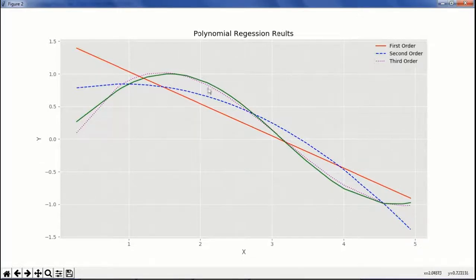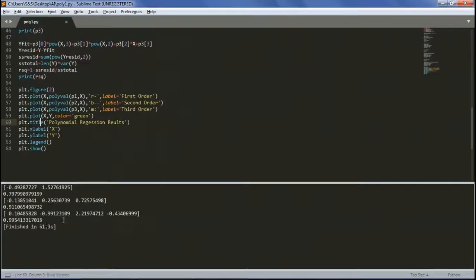As you can see, we have a high error here and here. Second is a second order polynomial regression. This regression has a good accuracy, but the third order fits to sine precisely,